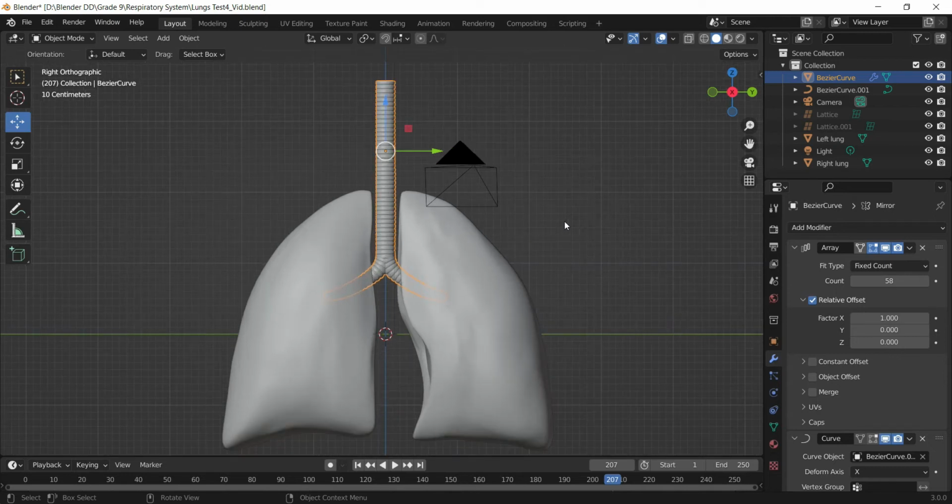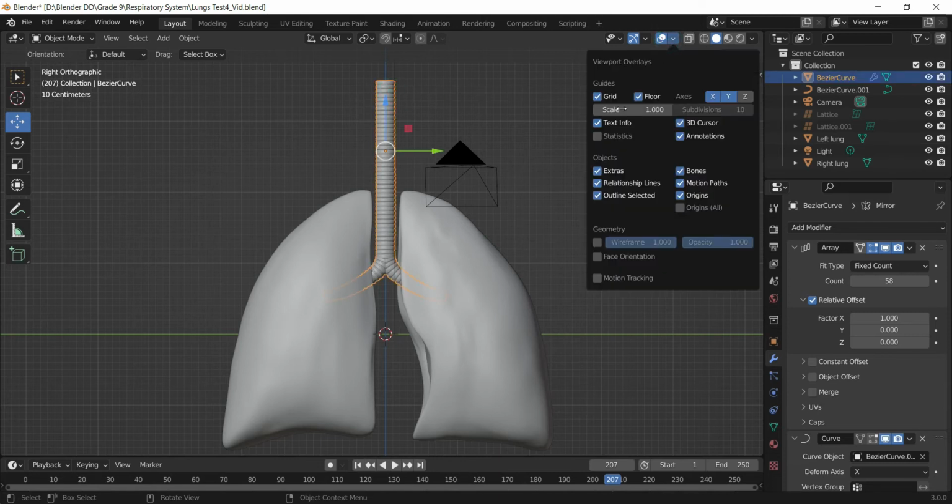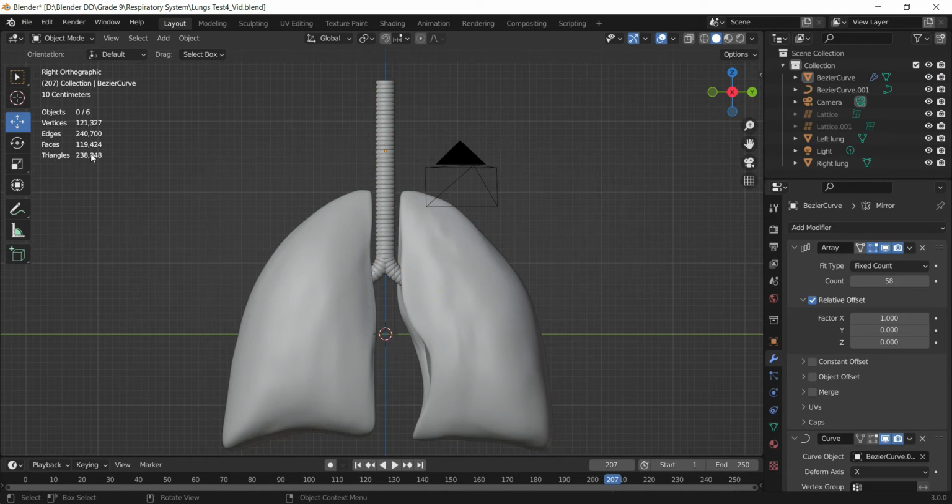Let's do one thing. If we look at the mesh right now, we can see that the poly count or the face count is much on the larger side. 1,19,000 faces we have on this model as of now. Okay, and the higher the face count is, the heavier the file becomes. The computer processes and calculates all the faces and then makes the changes.